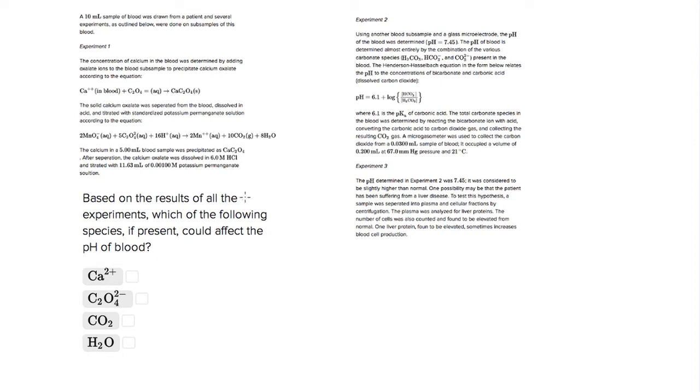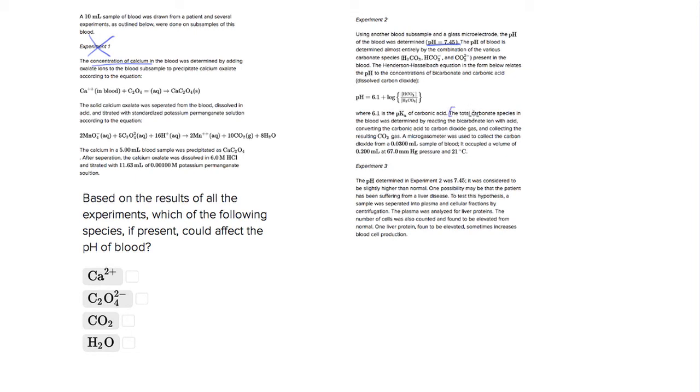So we see that in experiment 1, we're trying to find the concentration of calcium in blood. So this isn't going to be a good place to look. But in experiment 2, we're talking about the pH. So we see that the pH of blood is already normally at 7.45. But then we're going to look at adding different things to the pH to see what is going to affect it. So the thing that really tells us is this sentence that tells us that the total that you're looking